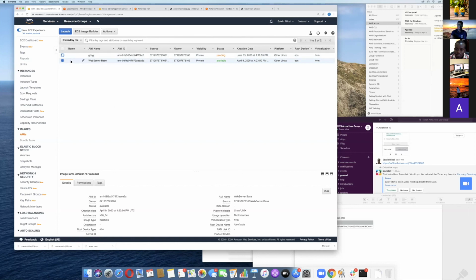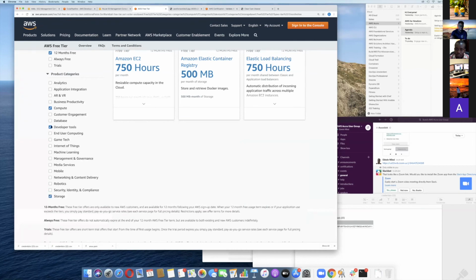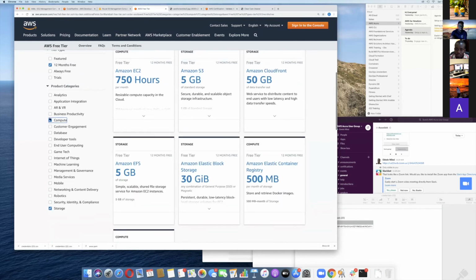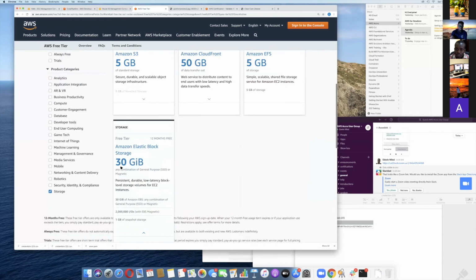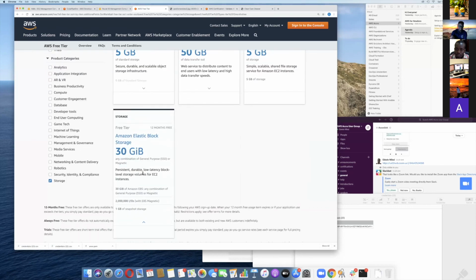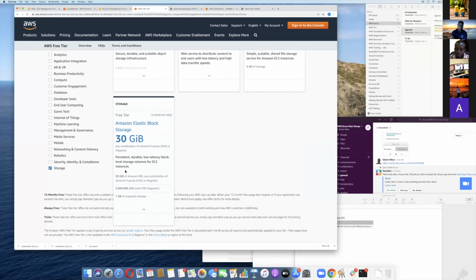So understand that once you clone, the only thing kicking in right now is storage. When you clone and you delete the server, it will only attract storage cost. And the storage cost for the free tier, like I said, is very minimal. Let's even see the storage. So technically, this will be stored on elastic block storage. And look, you have up to 30 gig. There's no way that server clone, in fact the server I cloned is like an 8